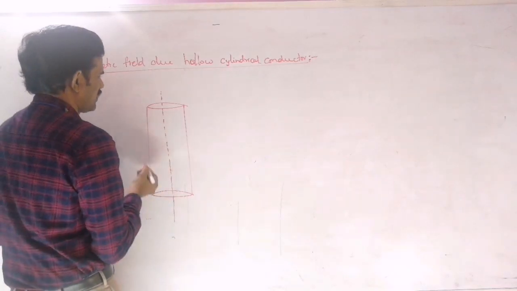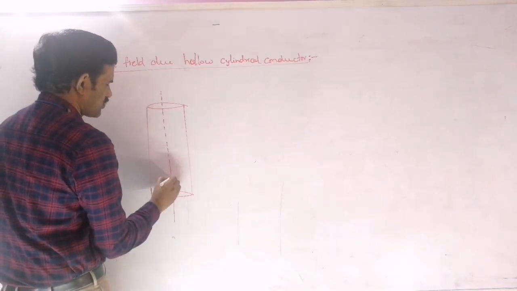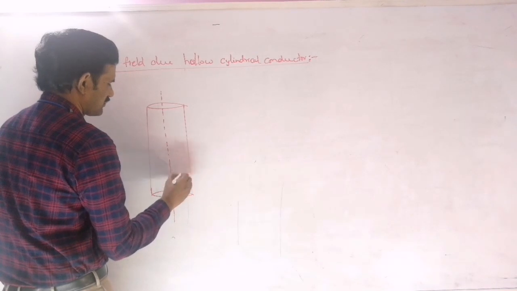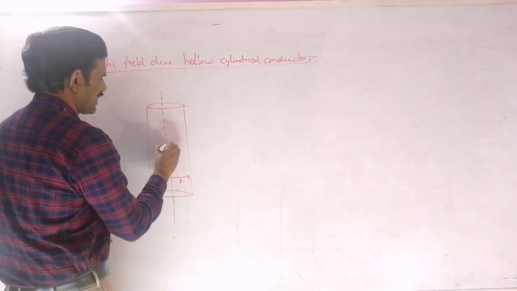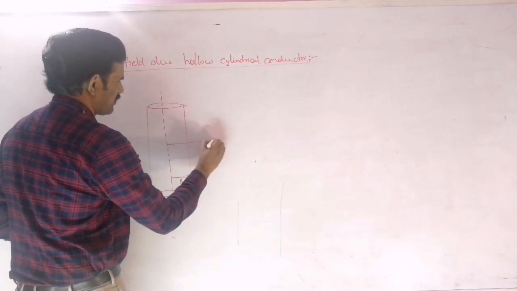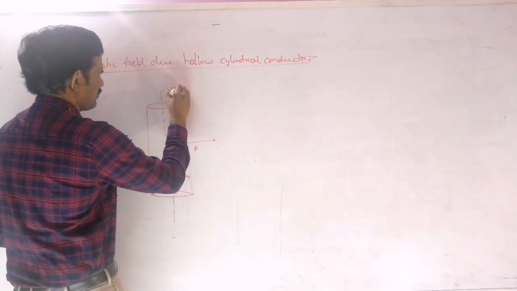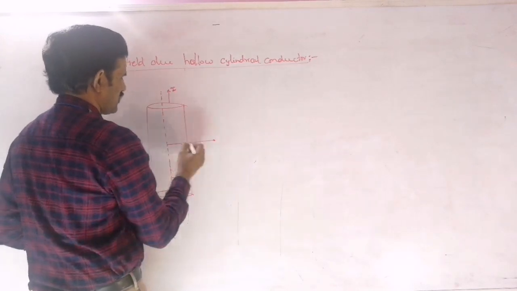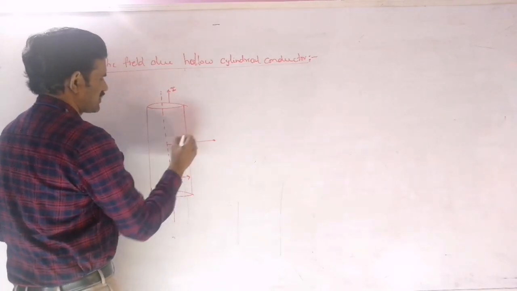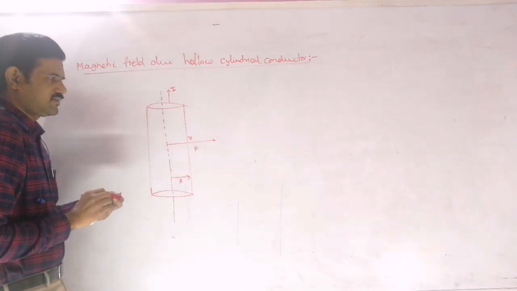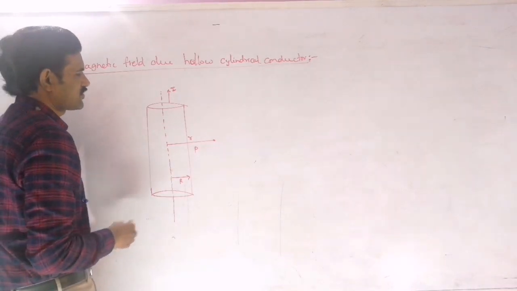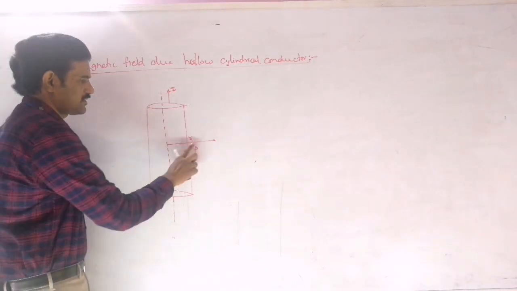So that means this is the loop, the cylindrical pipe we are assuming here. This R is the radius. Now we need to calculate the magnetic field at the point P due to this. I is the current flowing along this pipe. The distance of this point P is say R from this, right? Just mention that. So now our point P is here.